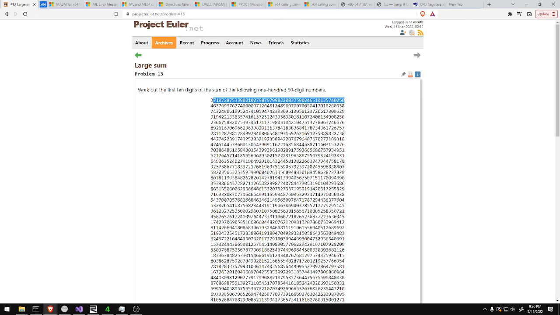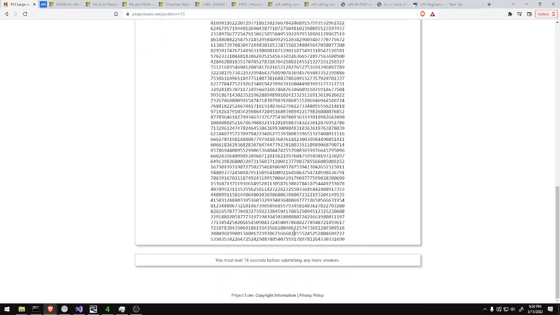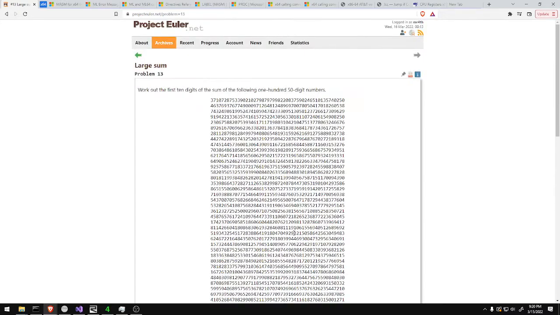Otherwise, it would be a 49-digit number. So what it wants us to do is to say, suppose we were to take the sum of all of these. Then that would give us some number. We don't know what number that would be. It'd be big, but it'd be just some number. And if we can find the highest 10 digits, the 10 digits that represent the